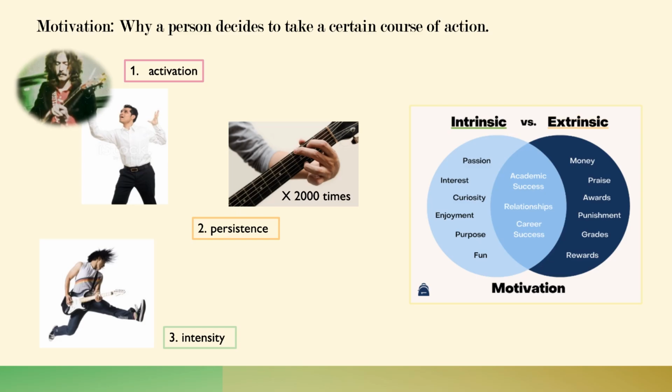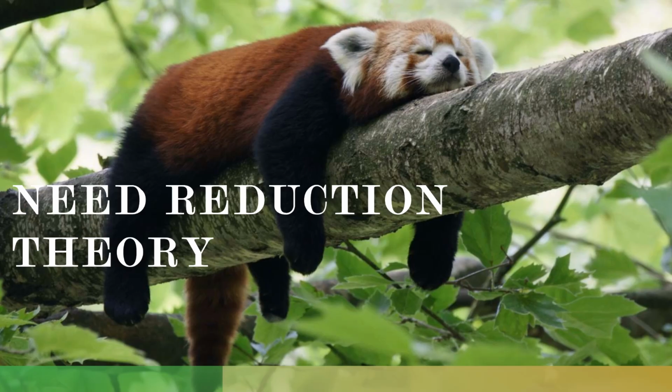for other people's recognition. Motivation has also been subcategorized into three parts: activation, which is the initiation of a process, persistence, which is continuing to progress towards a goal despite the obstacles, and finally, intensity, which is how much concentration and effort is placed in the achievement of the goal. There are also many theories of motivation, which is what we will be looking at this evening, starting off with